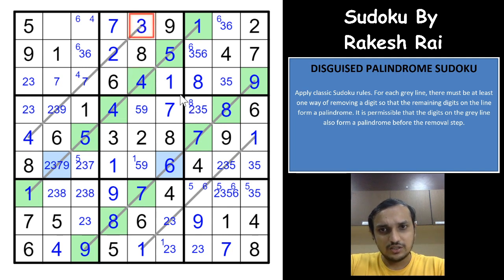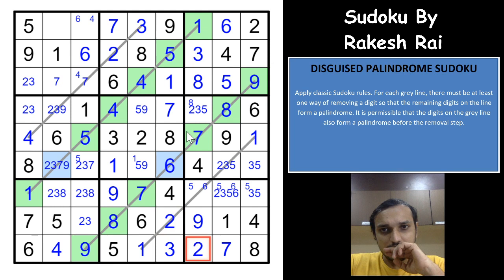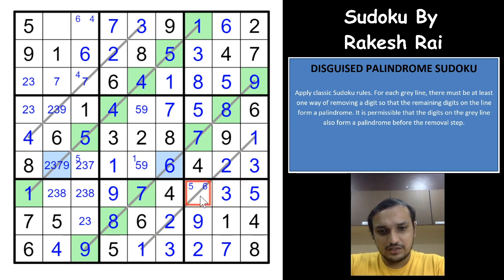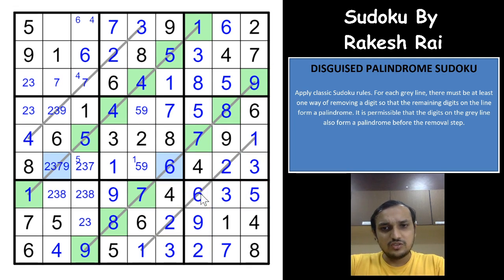That gives you a 3 here. That gives you a 6 here. And that gives you a 3 here. 6 and 5 is here. That gives you a 6 here. Wow. That 3 gives you a 5 here. Okay. And that 3 gives you a 2 and 3 and 2 here. That 2, 3 gives you a 5 here. That gives you a 3, 2 and a 5 here. And that gives you a 3 and a 6 here. So this is again the disguised one here. All of these are correct now.